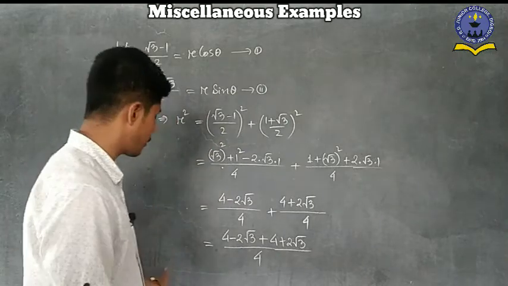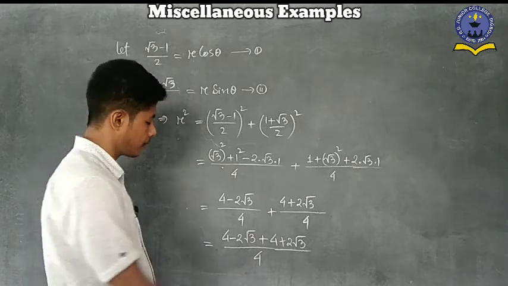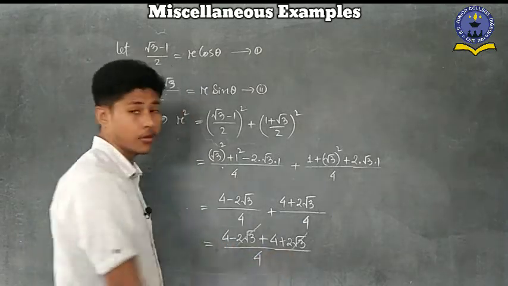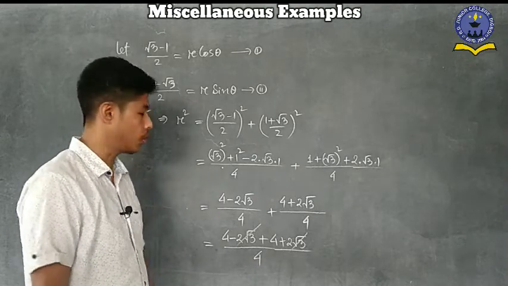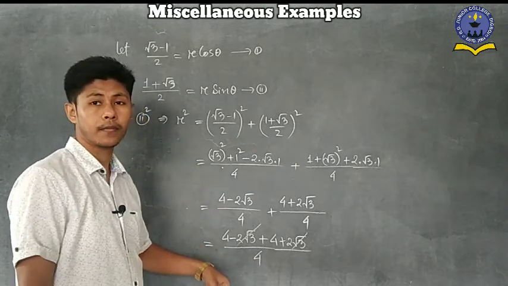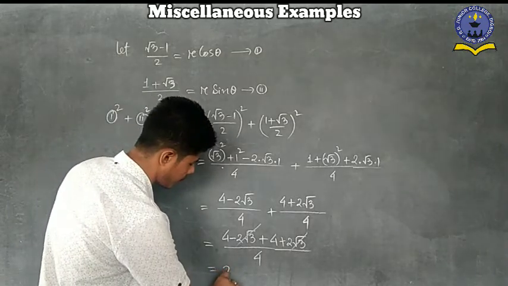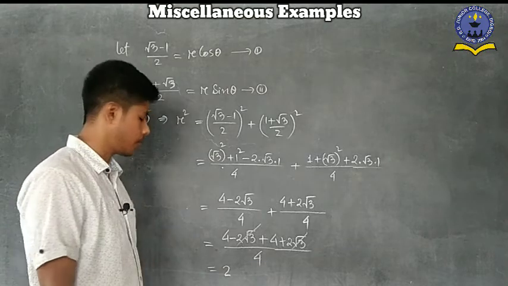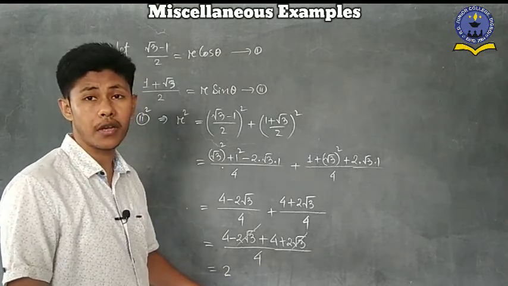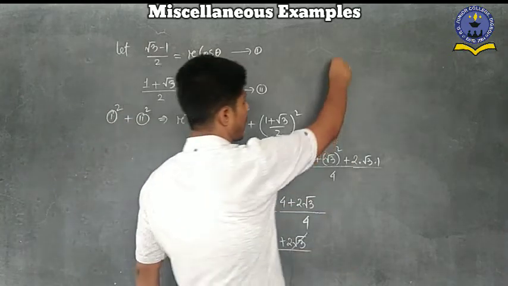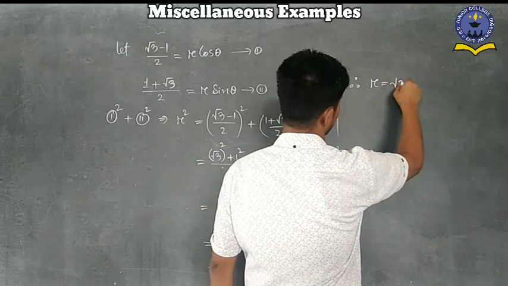How can we take LCM here? So now after that, if you see from here, if we calculate the result, minus 2 root 3 plus 2 root 3 cancel, 4 plus 4, 8 by 4, that means ultimately what will remain? 2. So r square equal to 2. If r square equal to 2 here, so that means this one is what we get here, 2. Is it visible? Okay. R square equal to 2. So from here easily we can say what is the value of r. So therefore if you take the square root, then r equals, we get root 2.